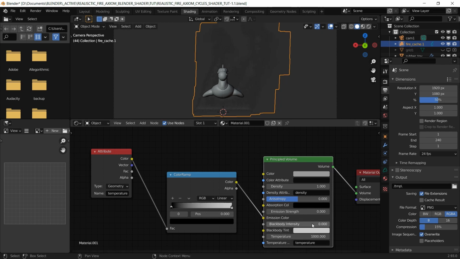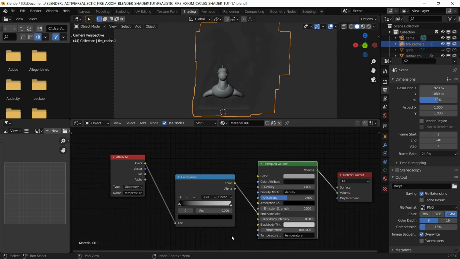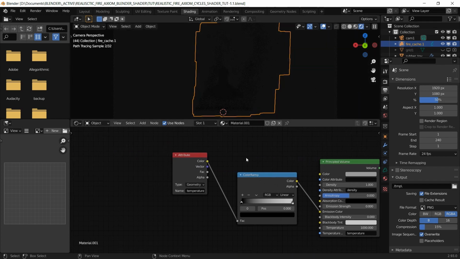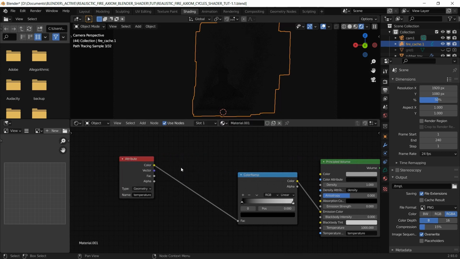Okay. Because we are using emission color, we don't need black body intensity or a black body tint. Okay, for this one at least. All right, so I'm going to save that. I'm just going to click on this here and see what happens. Okay, so nothing is showing up. And that is probably because we need to remap the range that's coming in. I know the range is about 0 to 10